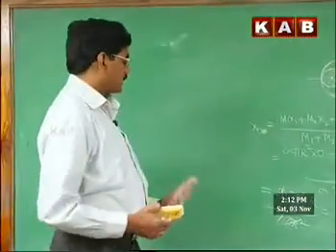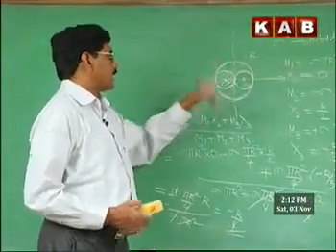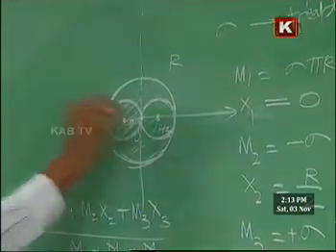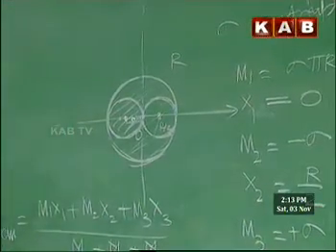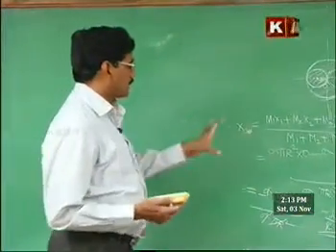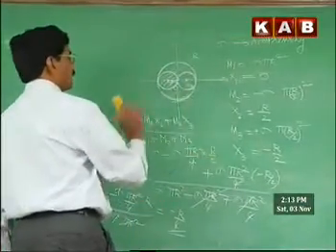Instead of minus r by 6 here, it is minus r by 4, which means the center of mass is shifted towards the left. It is going to be at a distance r by 4 from the center towards the left. That's how we will be able to calculate the center of mass of the removed portion or cavity there.